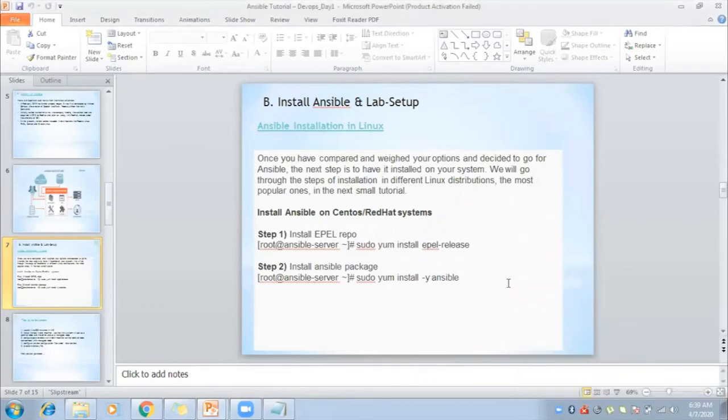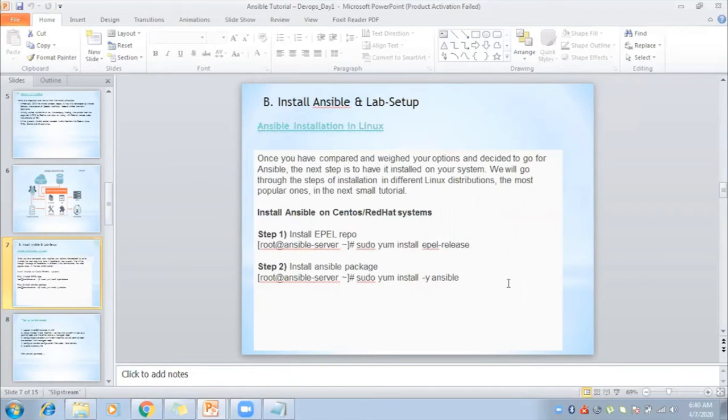First of all, you can install Ansible on Red Hat as well as CentOS, and also on Ubuntu. In the case of Red Hat, if you want to install Ansible, you cannot get it from the local repo, because the Ansible packages will not be there. Inside CentOS you can get it.